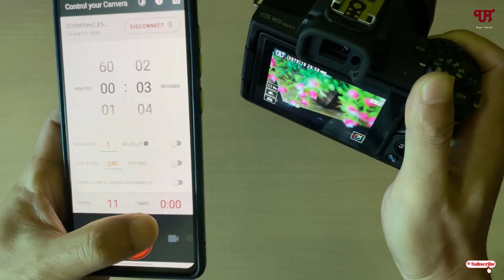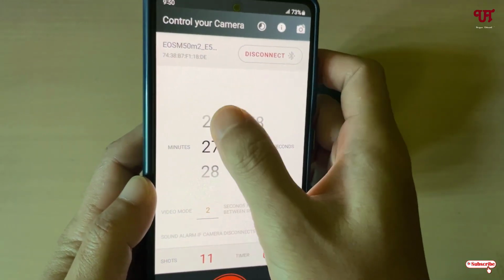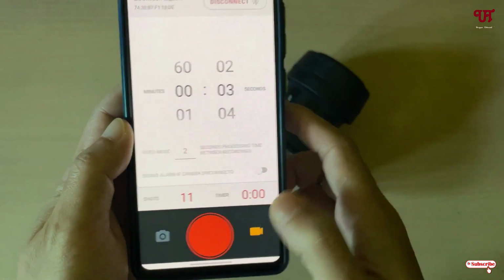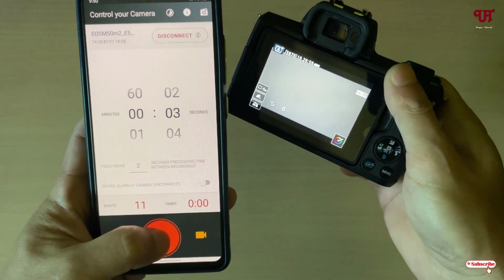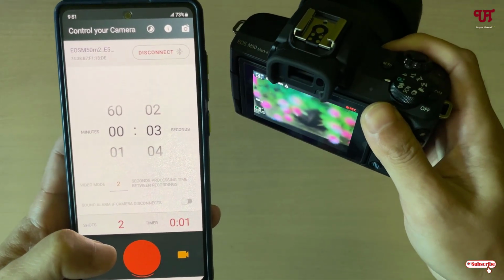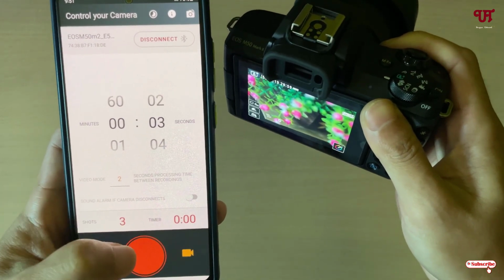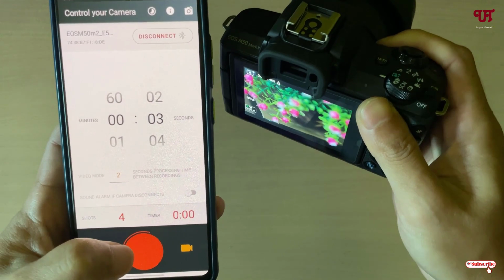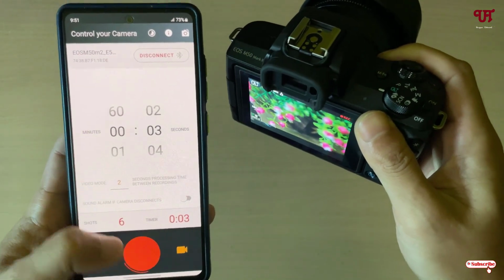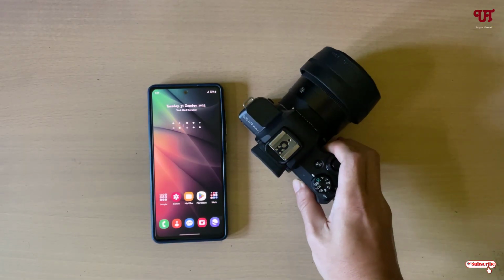Similarly you can do the same thing with video. Just select the video icon and select your timer depending upon your needs. Similarly, after every 3 seconds, let me click on this red button again. You can see the record button, it's starting to record the video right now. You can see shots taken, that is the recorded videos after every 3 seconds. 4 recorded videos, 5. So using this application named Intervalometer, you can easily make a Canon DSLR or mirrorless camera